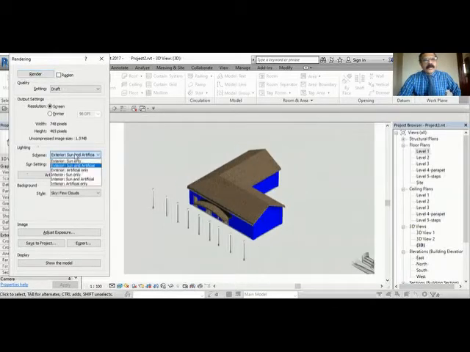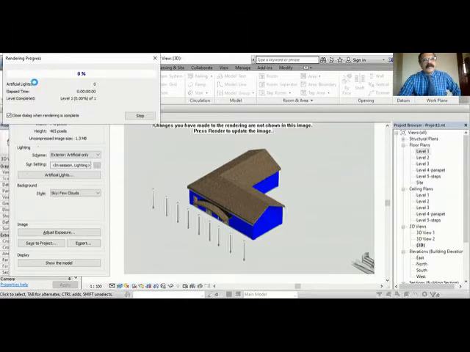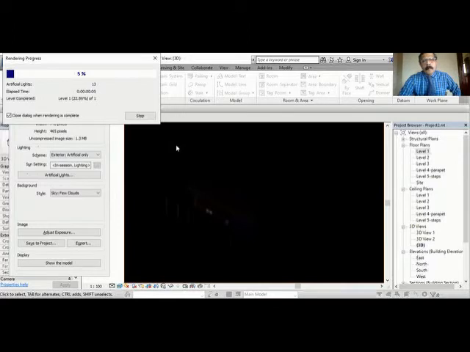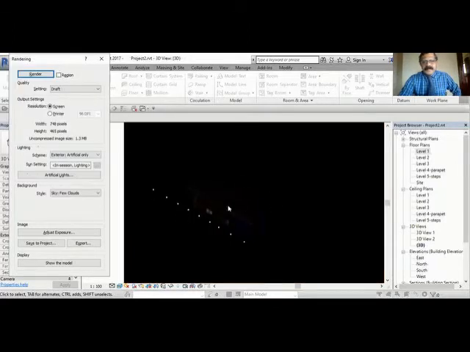We'll go to the artificial lights only. So now what happens is you don't have sun, only the street light. With this street light only you will see the lighting here. Okay. So I'm just doing the draft only. It will be faster. You can see that, but you can't see the building, right? It is very dark here.